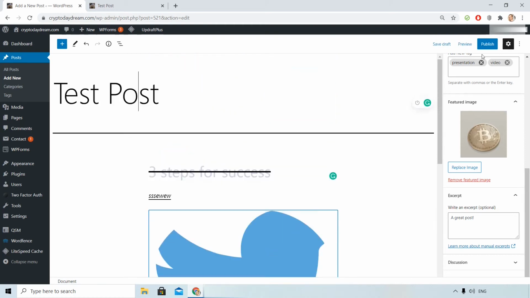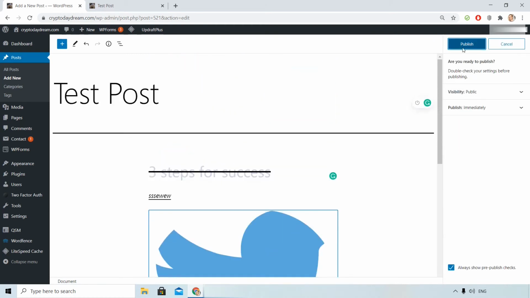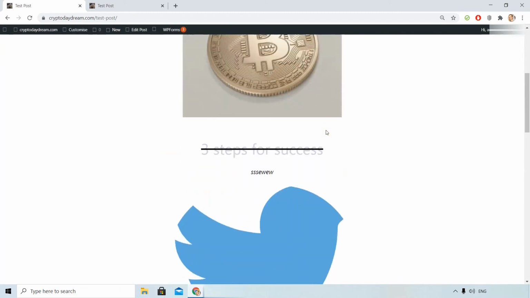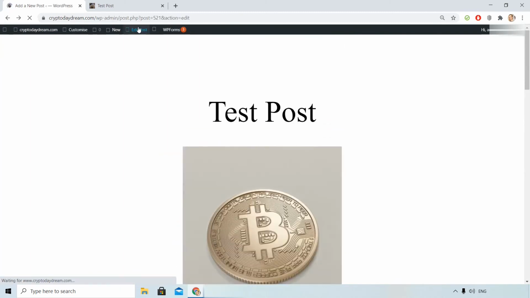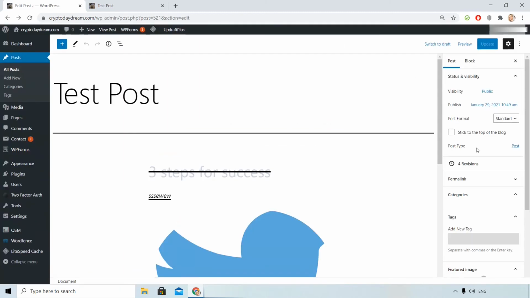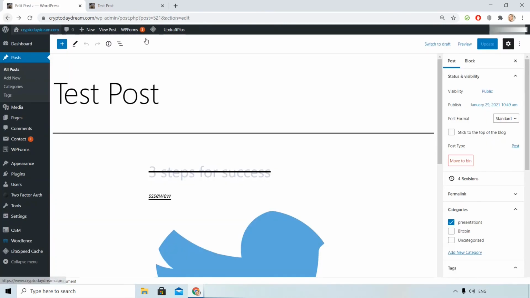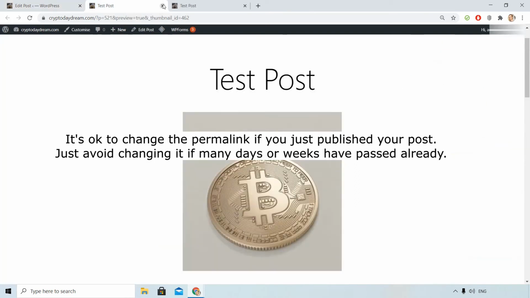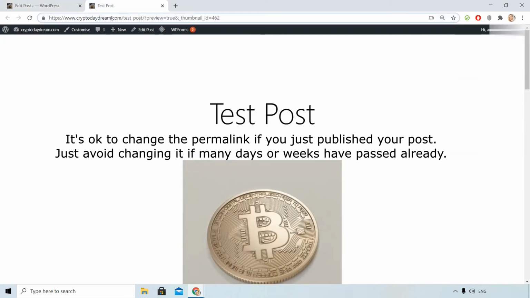Now let's publish. Now we can see the post. It's live in our site. Now if I want to change the permalink, for example, I need to know to do that before it gets published.